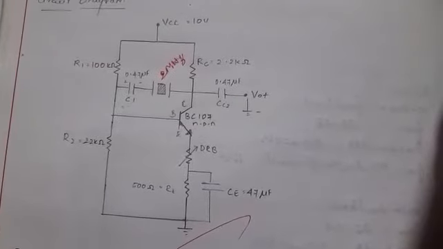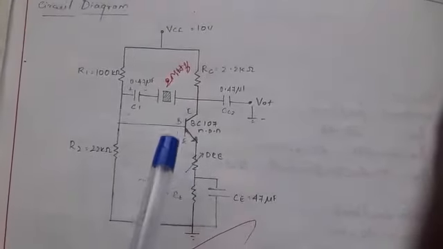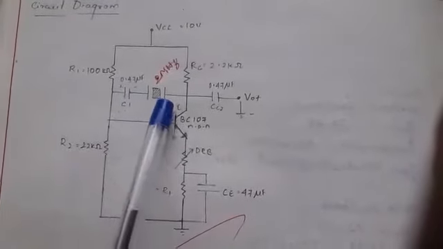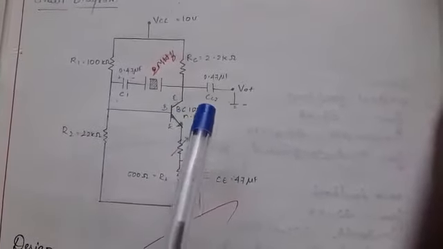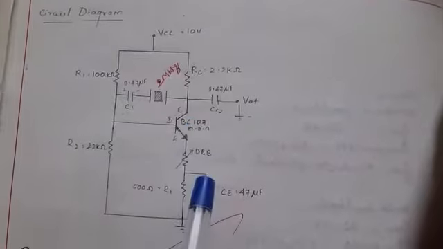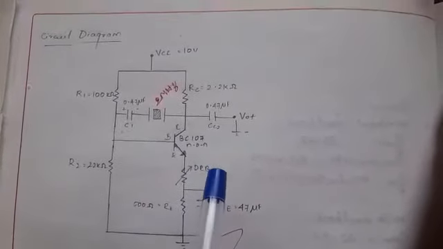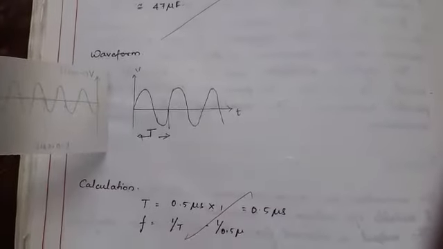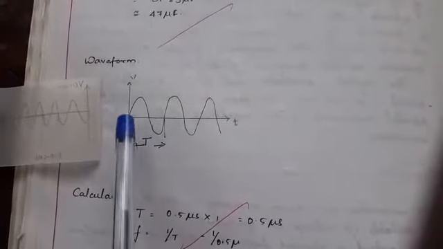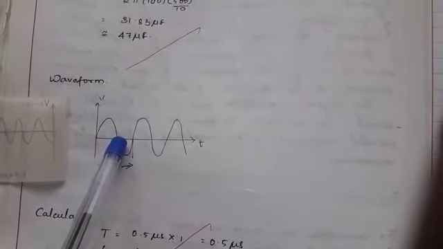In this circuit, the transistor used is BC107, with a 2 megahertz crystal. The crystal generates a 180 degree phase shift, and the transistor also generates a phase shift of 180 degrees. Both, 180 plus 180, give 360 degrees, one complete cycle, as shown in the waveform. This is an ideal waveform. For one complete cycle I have to generate a 360 degree phase shift. So the crystal generates 180 degrees and the transistor generates 180 degrees, and together they add up to 360 degrees. This is for one complete cycle.